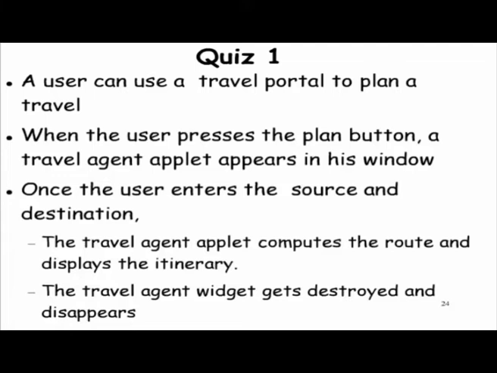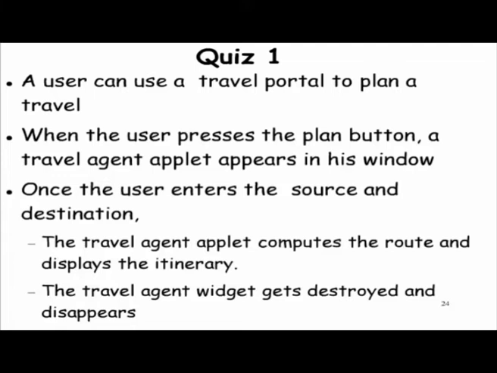Let us read through. A user can use a travel portal to plan travel, and when the user presses the plan button on the travel portal, a travel agent applet appears in the window. Once the user enters the source and destination, the travel agent applet computes the route and displays the itinerary. The travel agent widget gets destroyed and disappears after the